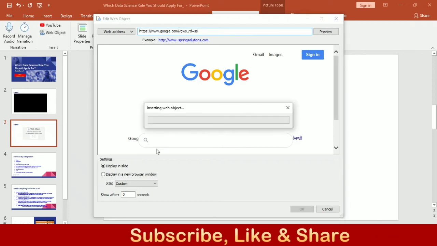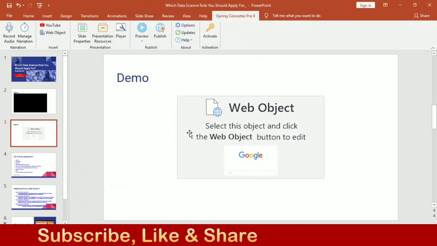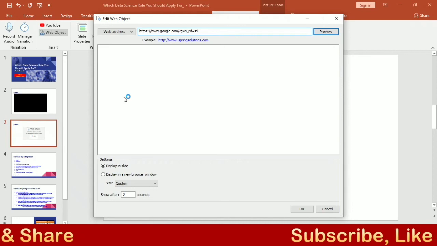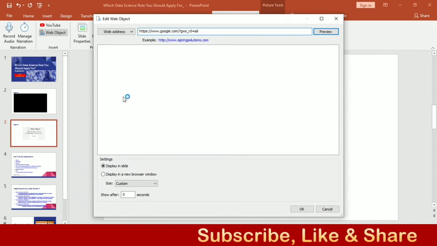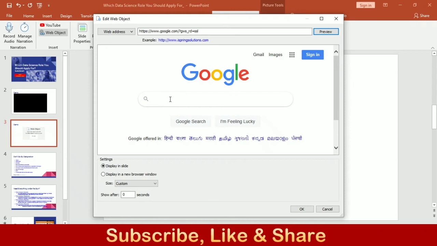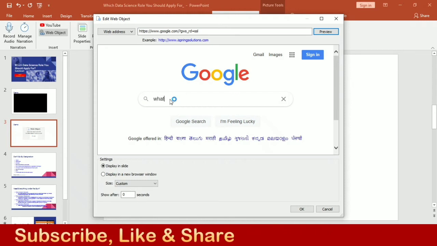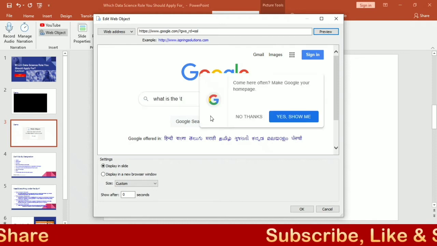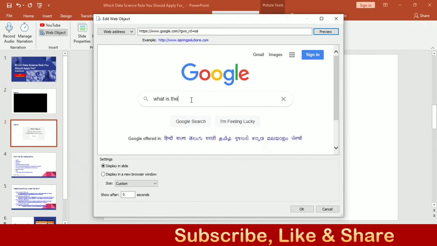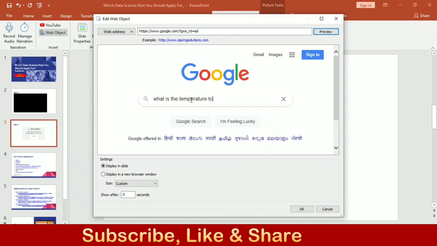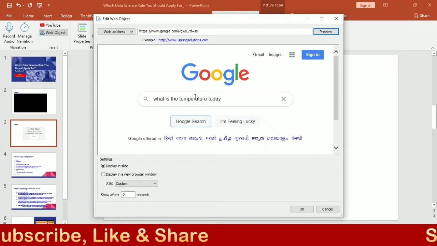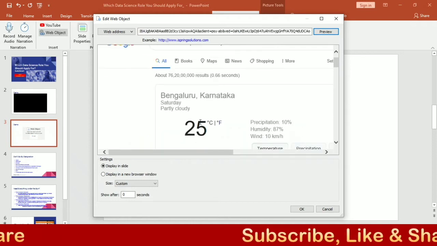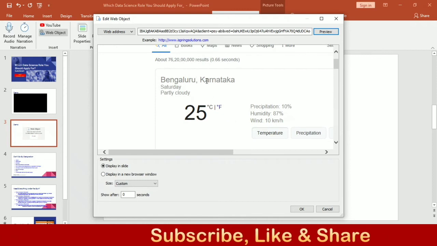Once you do that, you can see the Google homepage opens up directly here. I'll show it again. As you can see, it opens up here. So now you can type something, maybe, what is the temperature today? And once you do a Google search on that, you can see that it's around 25 degrees Celsius in Bangalore,